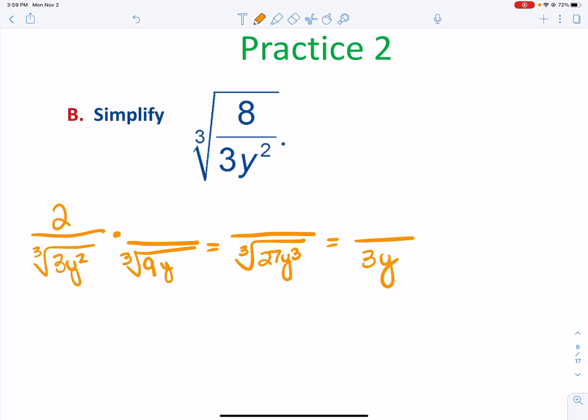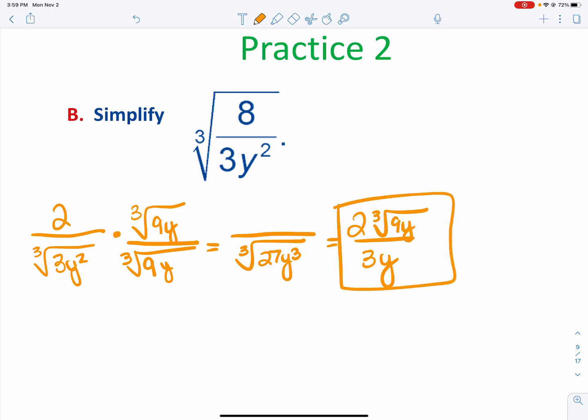So my method is harder because you have to think about what to make it. But once you figure it out, you're pretty much done. Okay, nothing goes into 9. That's a perfect cube. Nothing. And so my answer is 2 cube root of 9y. That's my answer. Okay, if you do it the textbook way,